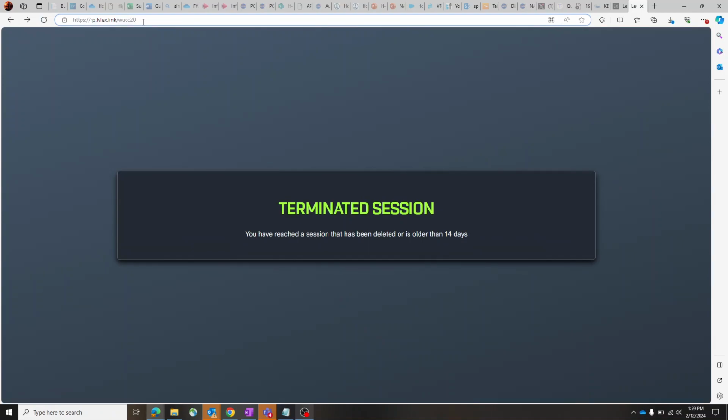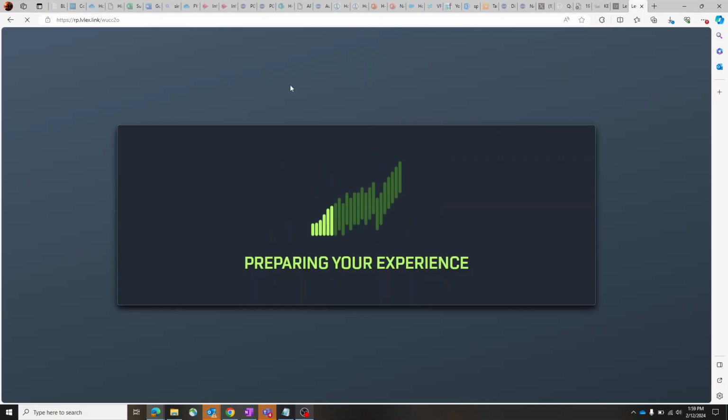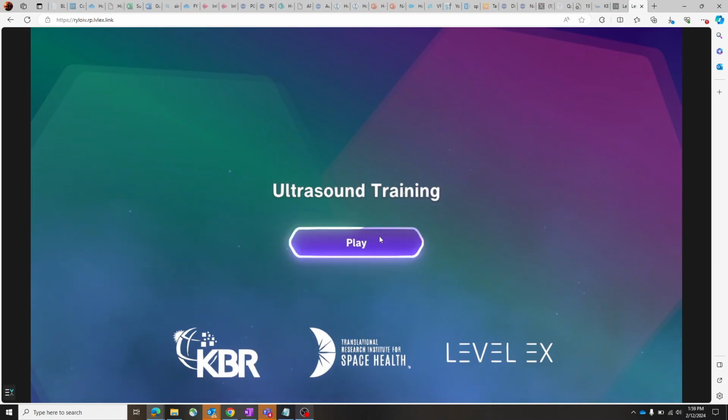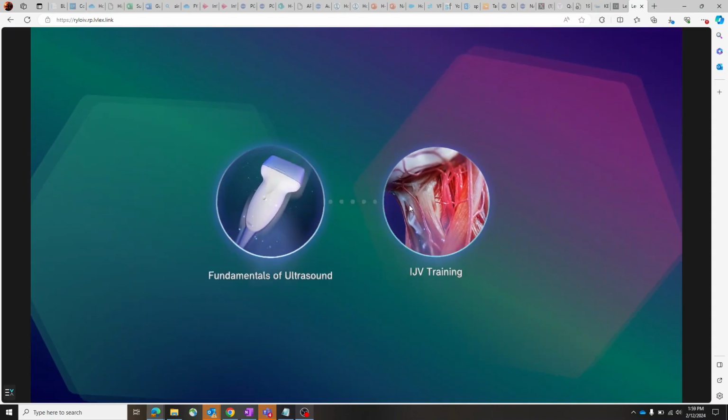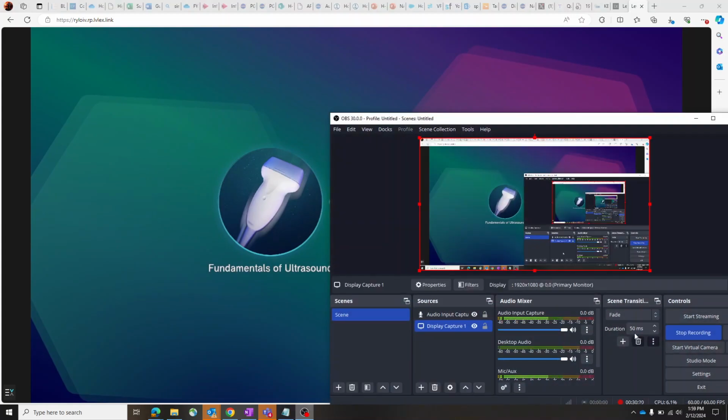We built in some time gain compensation, so you're able to adjust that as you would on an actual ultrasound probe to visualize things further down in the field. And then lastly, we took several example